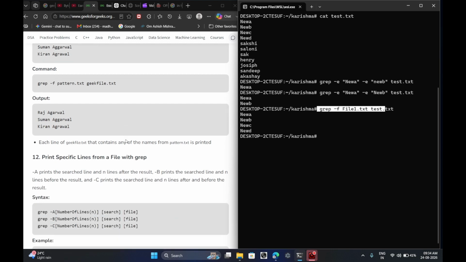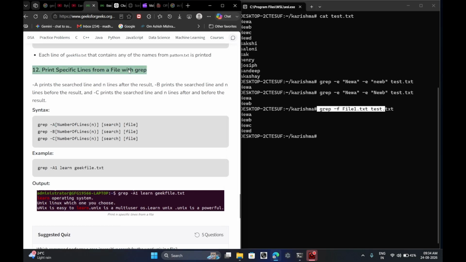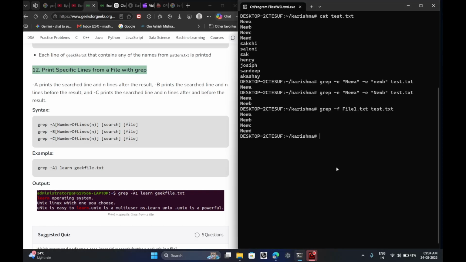So let's go for the next command, that is print specific lines from a file with the grep command. For example, if I want to print the first 2 or 3 lines from a file, I will use the grep command. As you can see, minus A prints the search line we are having. Minus B prints the search line and n lines before the result. Minus C prints the search lines and n lines after and before the result. So I will use minus A,